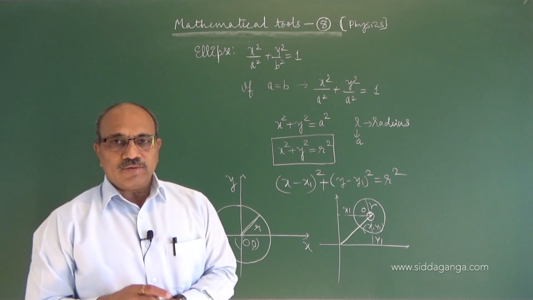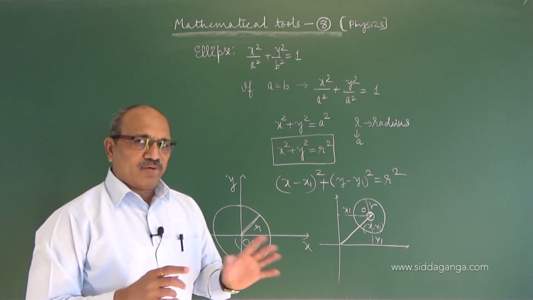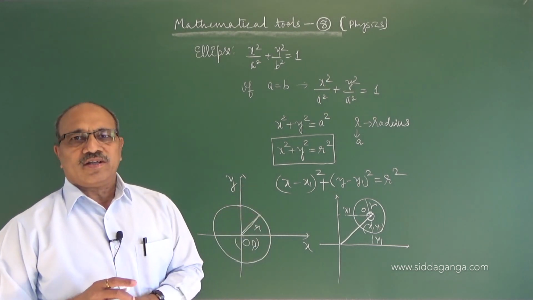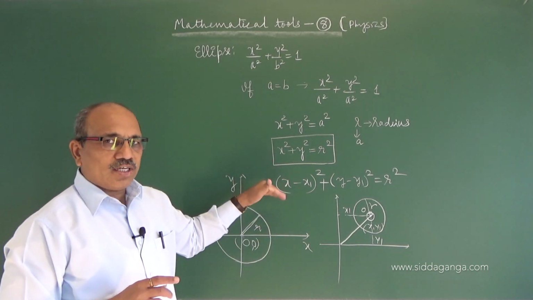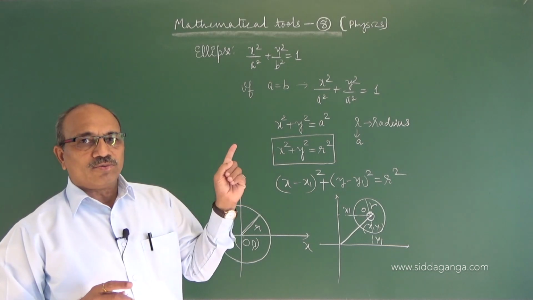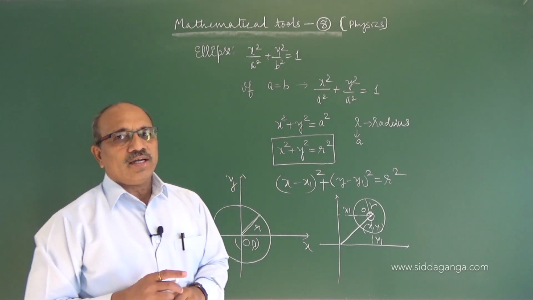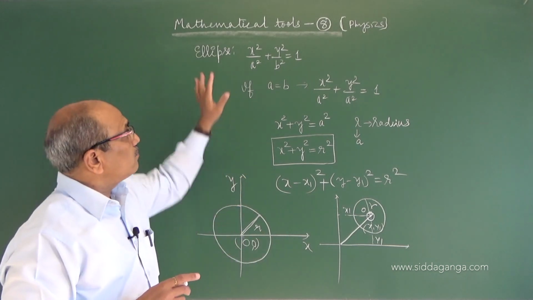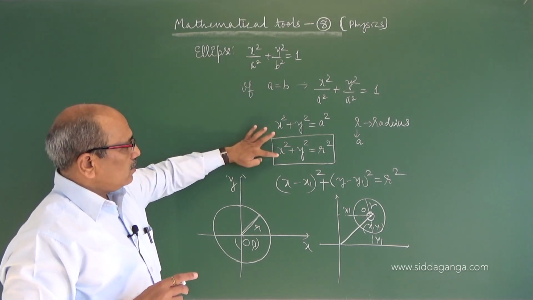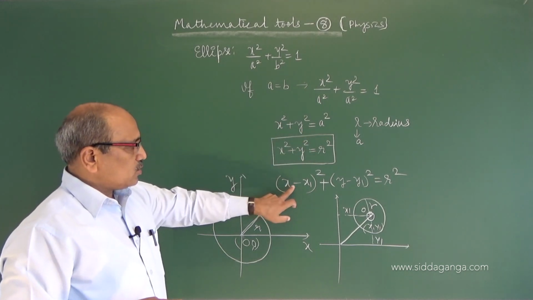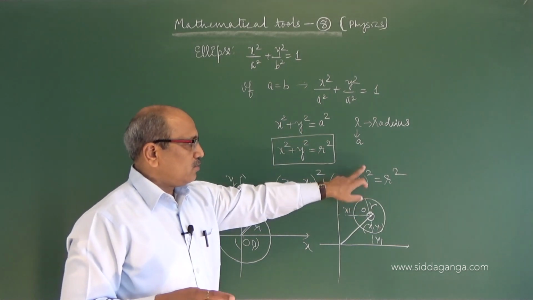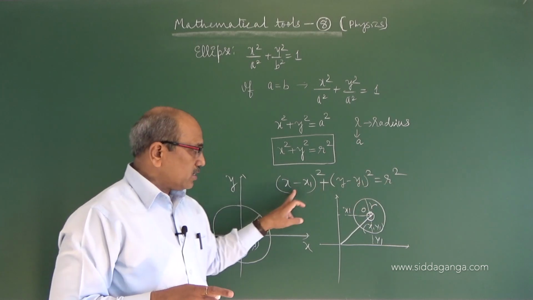So the equation is important. I am not going to solve problems here as we saw in the case of a parabola or the straight line. As we enter physics, we will go through them, but the equations help us conclude the shape and also some results to draw in physics. This is the ellipse. This is the equation x square plus y square equal to r square, or x minus x1 whole square plus y minus y1 whole square equal to r square, is a circle.